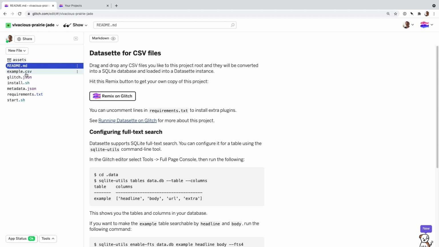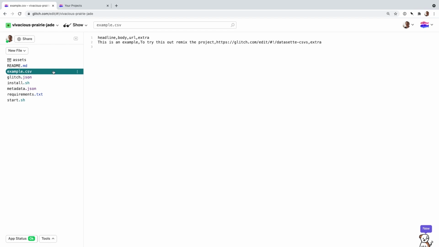There's an example CSV already loaded in here, and you can click on it and take a look at it. Here's just an example. This is the back of the house, the under-the-hood part of Glitch. And then to see the results of this code, you go up to this button here and you click on Show,